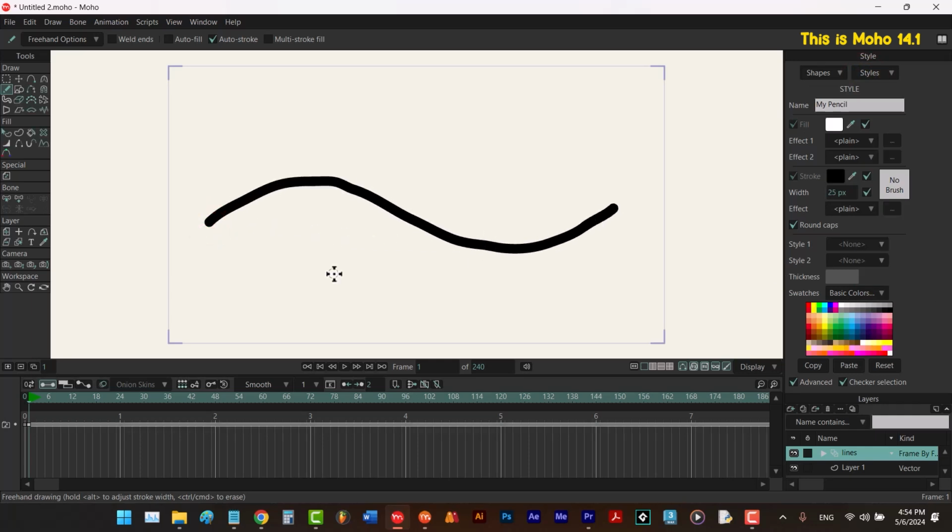Now that we have it, I want to press F6, then hit the E key to select the eraser tool, and from the right side of this line, I'm gonna erase this part. Again, I press F6, erase the rest of it. And again, I want to repeat this a couple of times